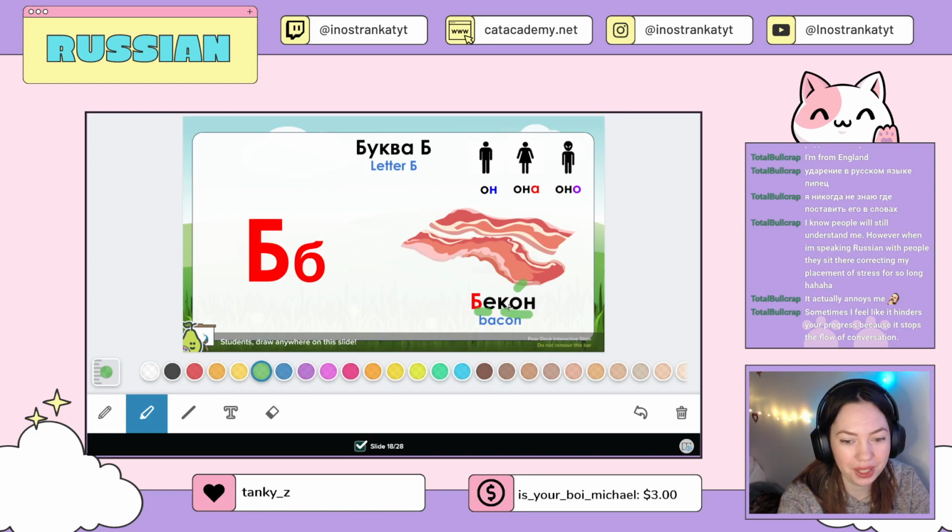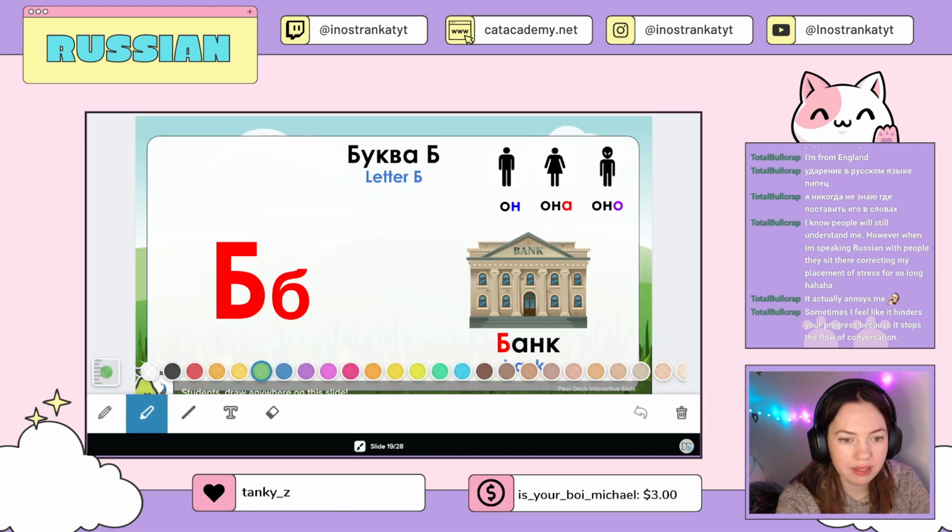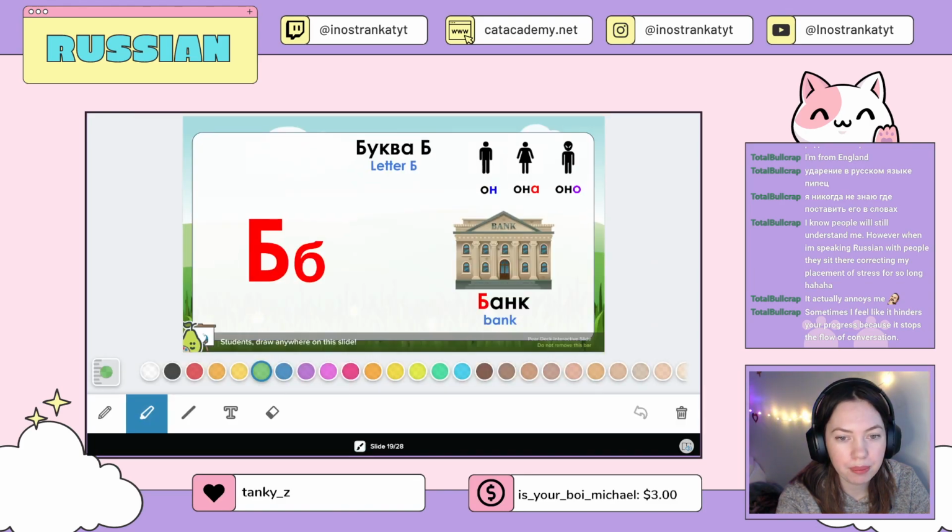Бекон, бекон. The final consonant is n. So again, it cannot be any female or neuter gender, so it has to be on, бекон. Next one, again, super easy. Bank, bank, bank. The final sound is k. Definitely it's not a vowel, so we are not looking at this too. So it has to be on,